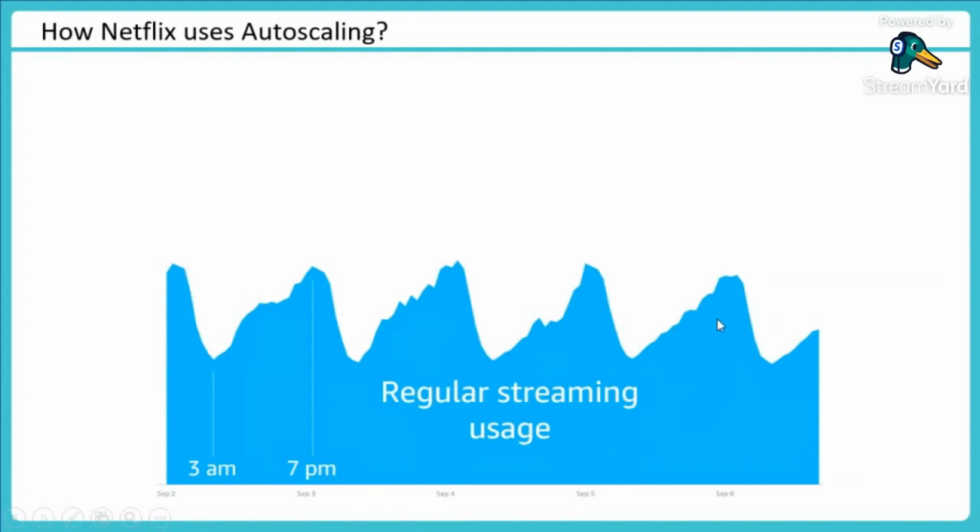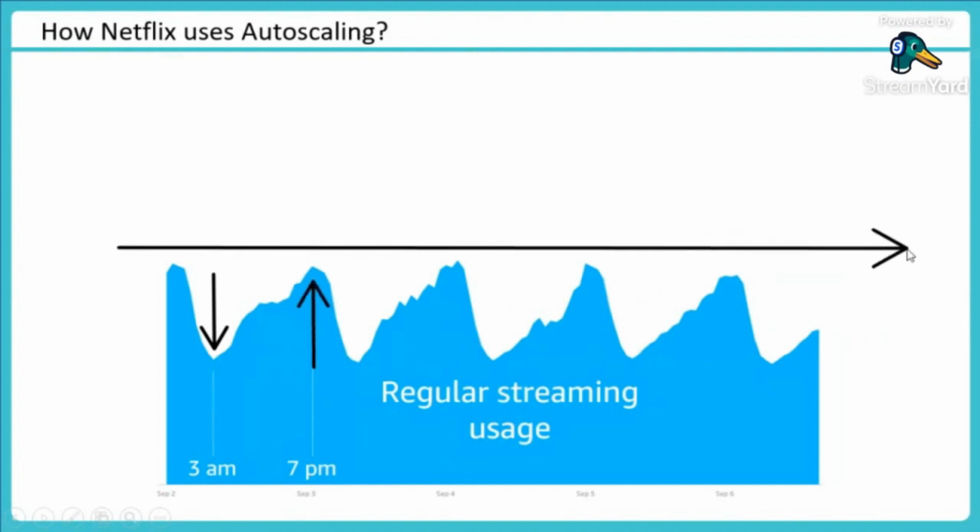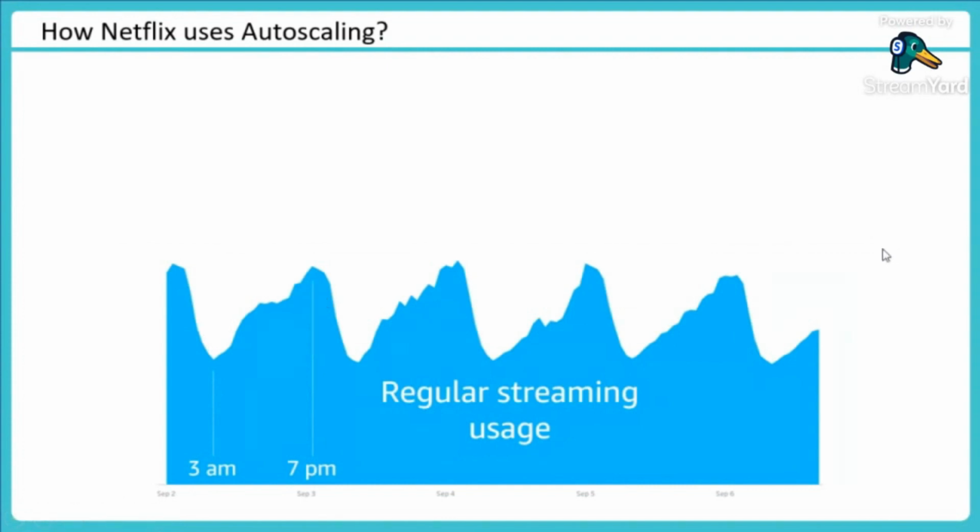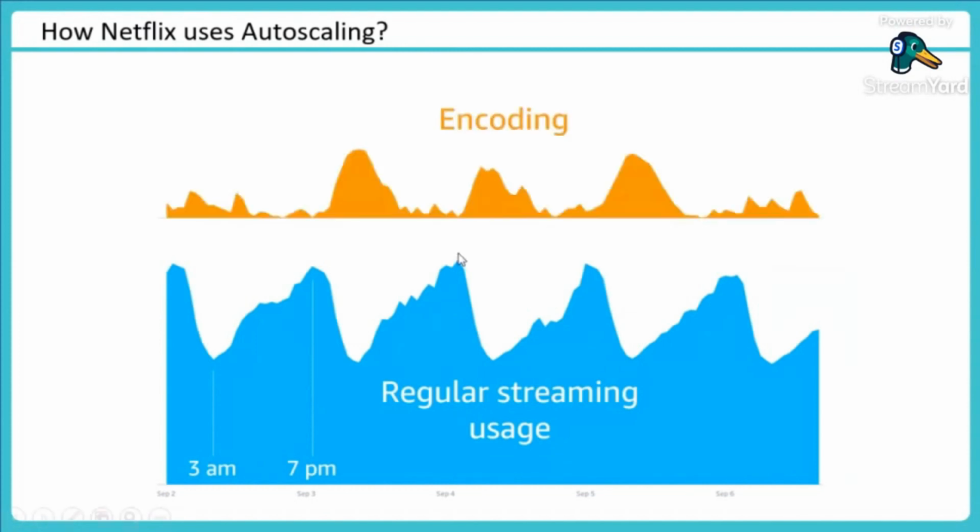So that is what is happening. And once people sleep, around 3 a.m., as you could see here, they have the least utilization. At 7 p.m., they have the highest utilization. So their capacity is maximally utilized at 7 p.m., and the remaining capacity is free until 3 a.m. So what do they do in that case? They use a smart mechanism through auto scaling. They use this capacity which gets free